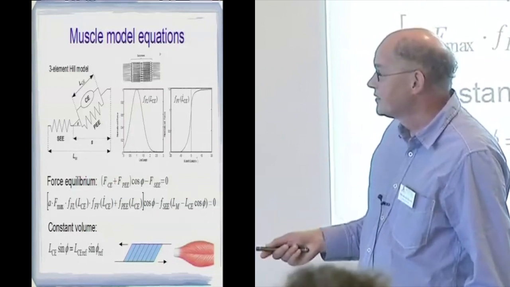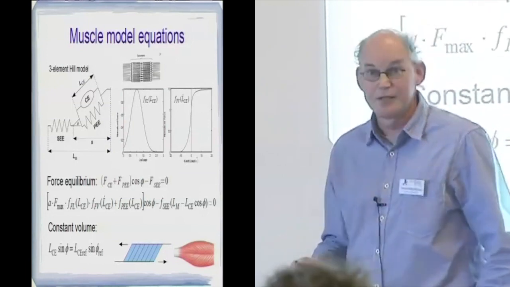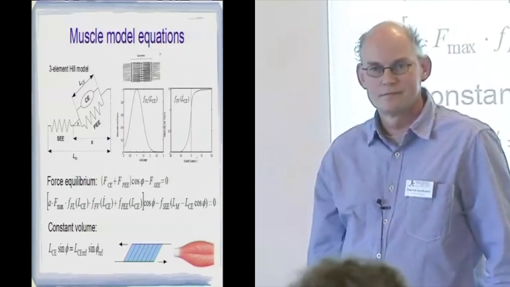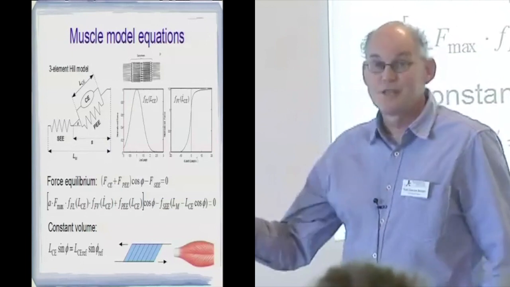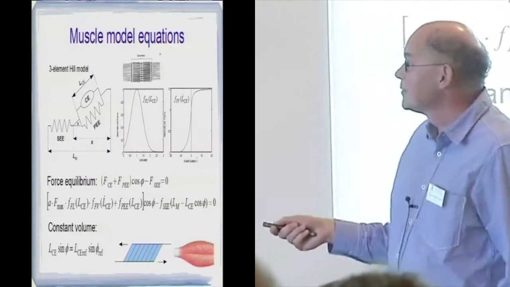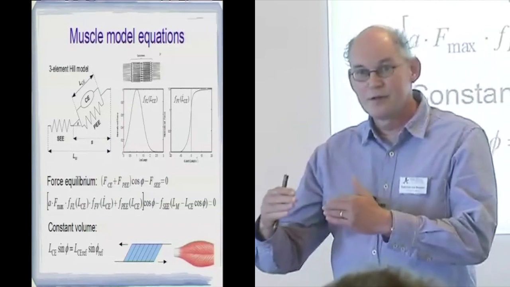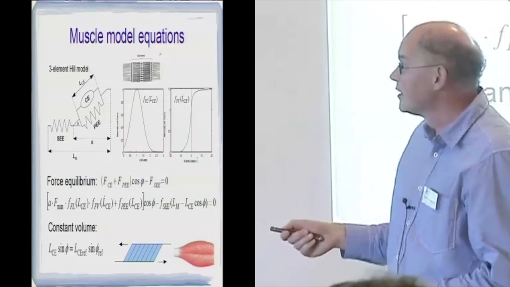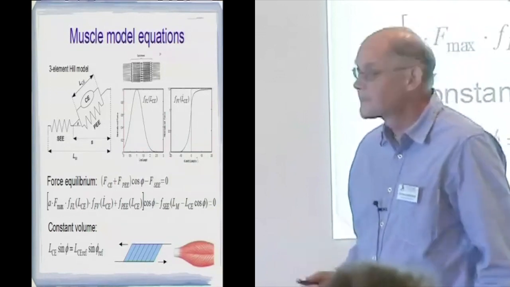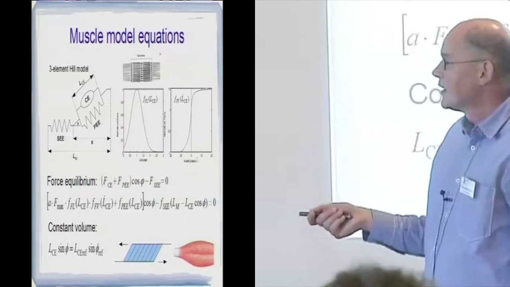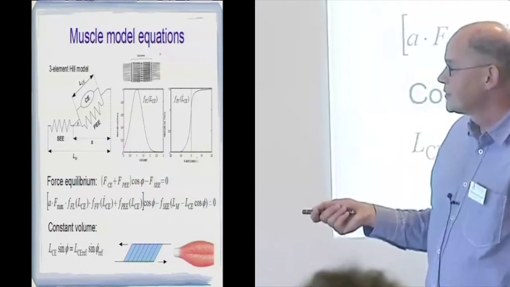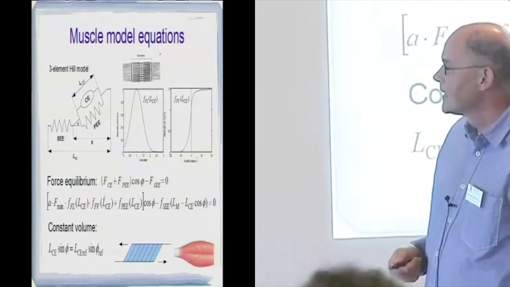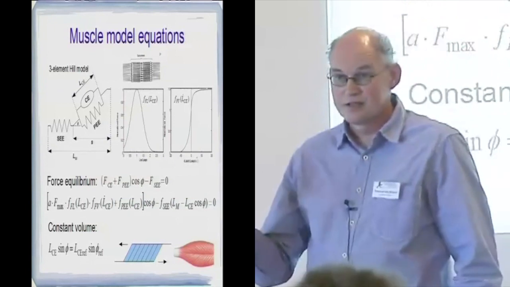And then for the pennation, there is a constant volume constraint that is typically used. Yes? This is muscle plus tendon, yeah. Yeah, this series elastic element represents the tendon, but also other connective tissue that's in series with the fibers inside the muscle. So that's typically lumped into one spring there, yeah. And the constant volume, that gives you a relationship between the length of the contractile element and that pennation angle. That comes from the fact that a muscle is,